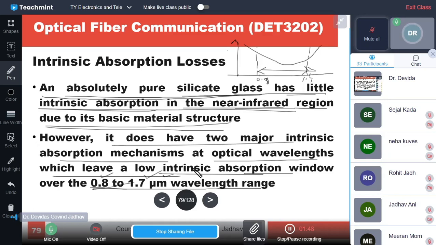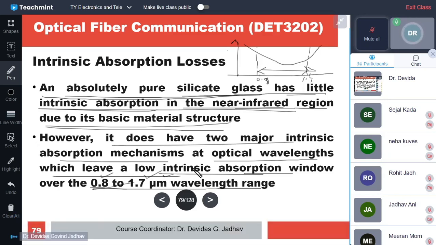In detail we'll check this in the next lecture. So we have absorption losses, and one or two points are remaining. Probably tomorrow we will finish this fifth chapter, most probably, and then in the sixth chapter we will have networks, optical networks.